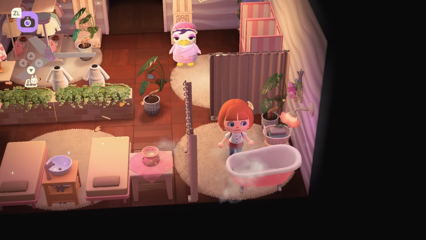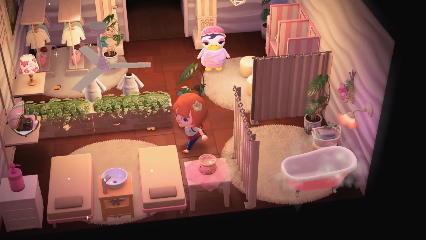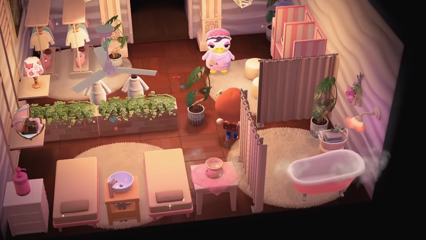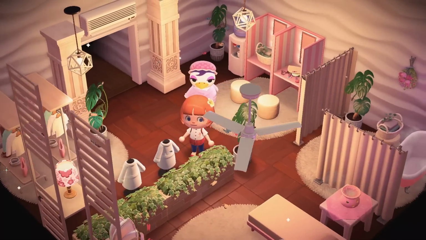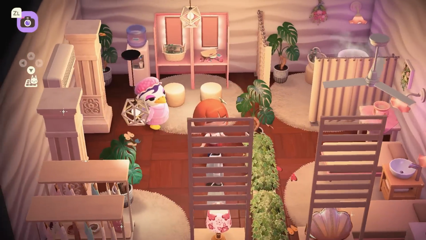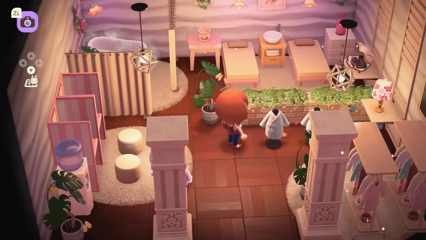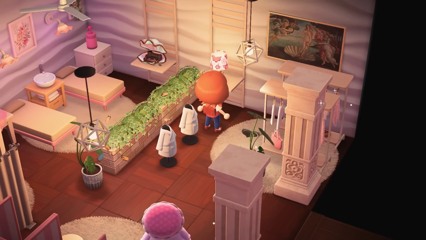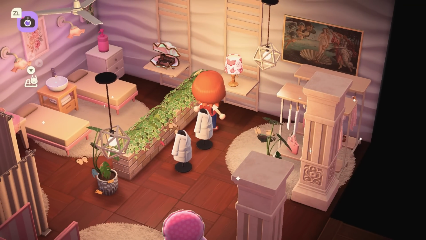But back to this room, I think it is so well structured. I like how it's separated here with these plant partitions and there are beds. It definitely does feel like an authentic spa, and these little robes in the front are so cute. Look at them go. We've also got like little wardrobes,